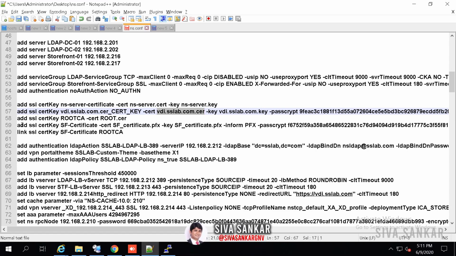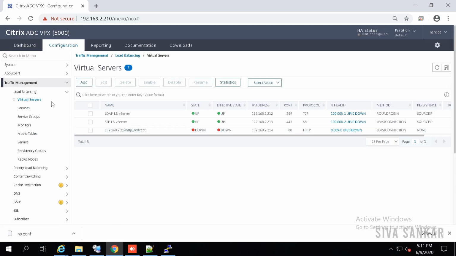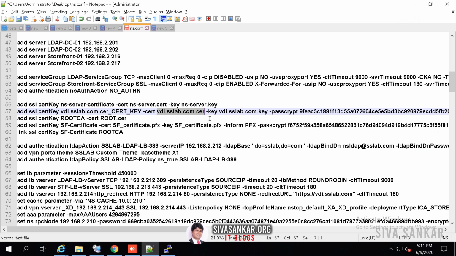Let's say you want to install a certificate which you did in one NetScaler. You cannot import it, right, if you don't know the PEM password. What you need to do, smart thing, go to the NetScaler, browse to the path, take the certificates, and copy those certificates to another NetScaler where you want to install. Copy this command, paste it in that NetScaler. That's it, done. The certificate will be installed.